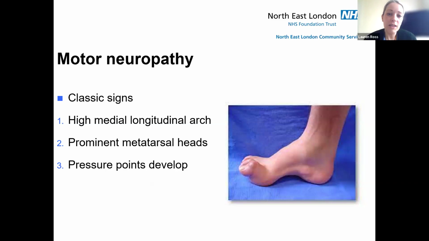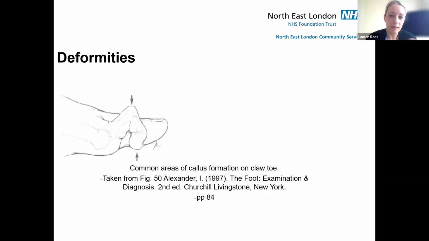ulceration. So as a podiatrist, we would debride any hard skin that was developing on that foot and then look to give footwear advice or give bespoke footwear or an insole that's just going to try and distribute that pressure and take it away from any high pressure points there. Again, that's a classic deformity that we'd see within podiatry. So that's a claw toe, which again can lead to callus formation on the top and the tip of the